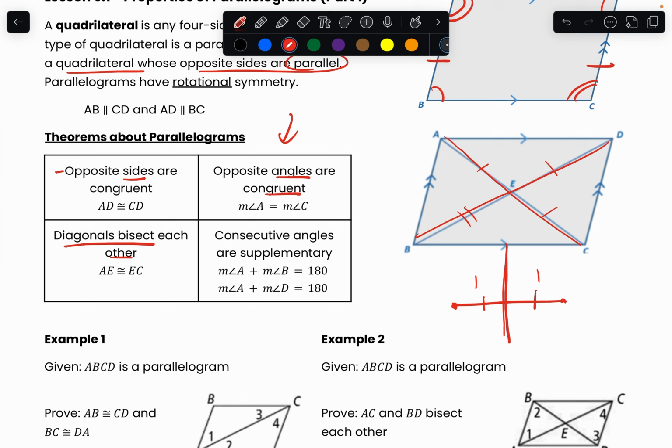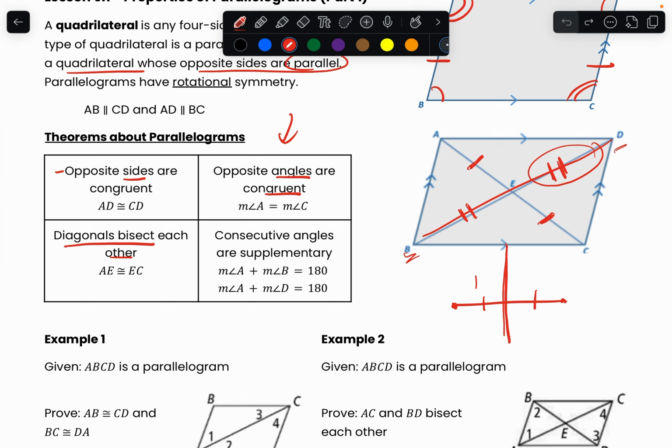Okay, so with your parallelogram, it happens that AE here will equal EC, because your line right here bisected your original line right here into half. So this is why this is the same length as this. And same thing with my other one. My line AE here bisected my line B and D. So therefore, this length right here will be the same as this length right here. This is the definition of bisecting. So when we have a parallelogram, just remember that this length right here is the same as this length. This length right here is the same as this length.